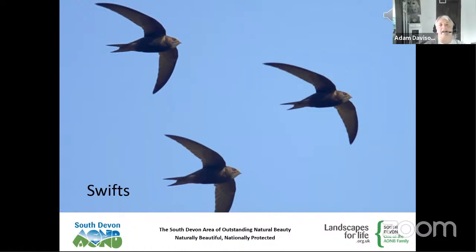So, the old saying, just one swallow doesn't make a summer. Well, a handful of swifts really does make a summer. And these birds could have been on the wing for a couple of years. They've got very short legs and they don't land on the ground. And they'll fly huge distances, and